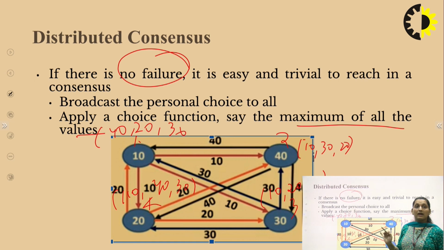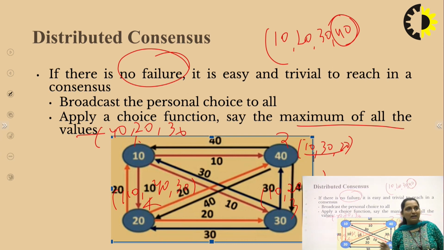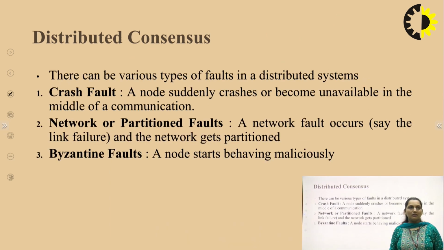So in that scenario we are getting true information from the neighboring nodes, and then we apply a choice function. The choice function will see that we are getting requests of 10, 20, 30 and 40. Which one is maximum? That maximum is 40, so we use the maximum function and get the maximum value out of it. That is using message passing if there is no failure. I am just underlining that there is no failure. But in a real time scenario, the no failure condition will not happen. Failure will definitely happen.